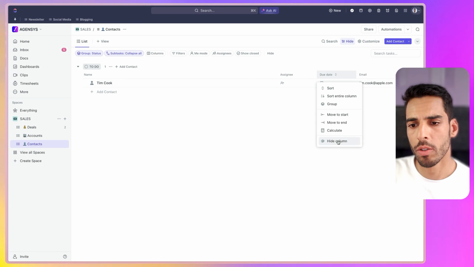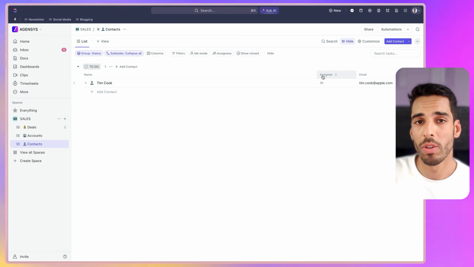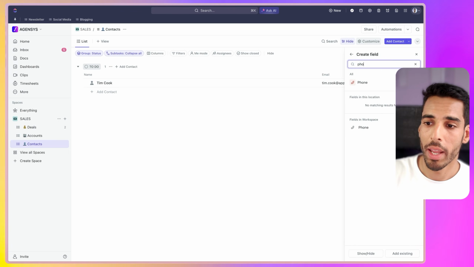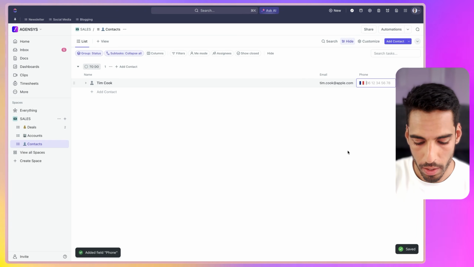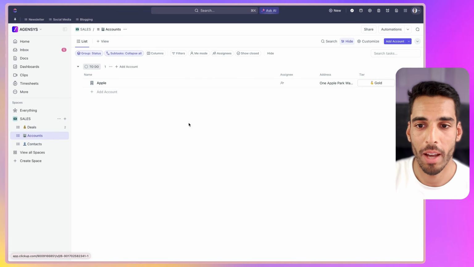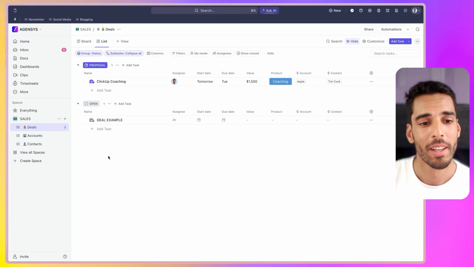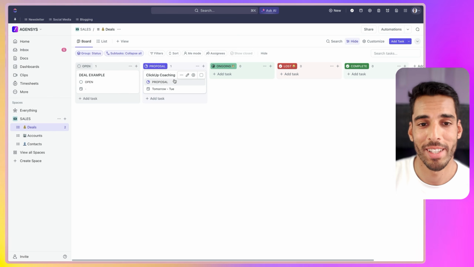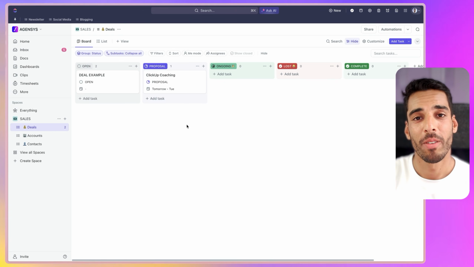So I'm going to remove this due date information. We could have a contact manager, for example. It could be the account manager, but we also don't necessarily need that assignee field right here. We could add the phone number. And if I go into phone, I already have a phone number custom field. That's perfect. So I can add a phone number of Tim Cook right here. As you can see, we have our contact list. We have our account list. We can have account managers right here. We can add any custom field to our accounts or to our contacts, or even to our deals. And if we choose the board view, we can manage our sales pipeline in a board-like way, like most CRMs work. Next, we're going to move on to how to automate and systemize that CRM more.